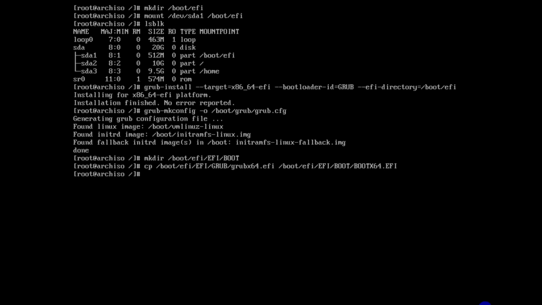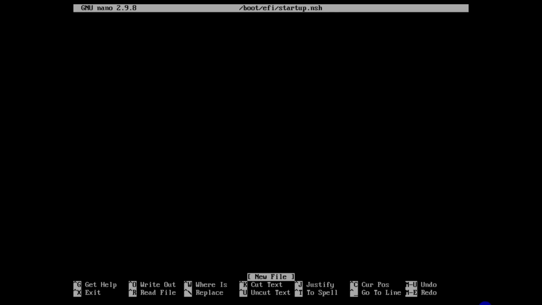So we have copied our bootloader to this boot folder, and to be even safer, we can also create a startup script for EFI. To do that you need to type nano. This script will be located in /boot/EFI, and the name of the script is startup.nsh. And here you need to type this line: bcfg boot add 1